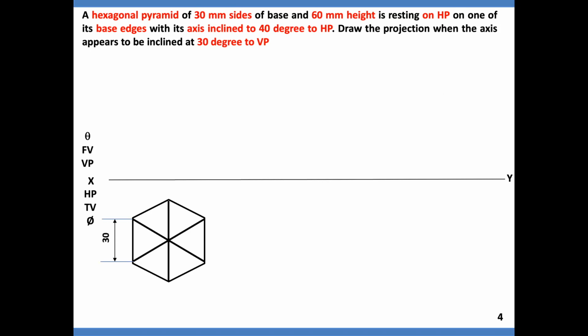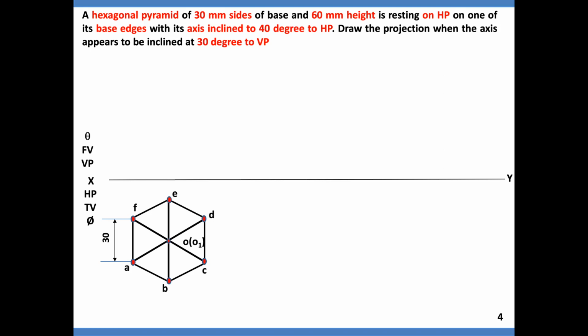Here, you can have a look. I'm drawing all the lines. In a prism you should not draw these, but this is a pyramid. All the corners of the base are meeting at a point, the apex. That's why these lines are represented. And the side size is 30 mm. Now I've got 6 corners. Let me name these A, B, C, D, E, F.